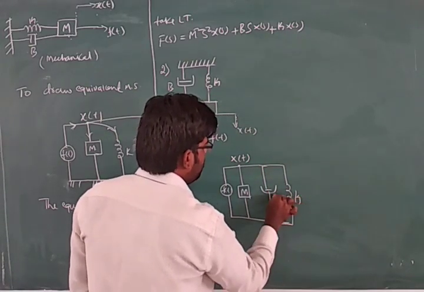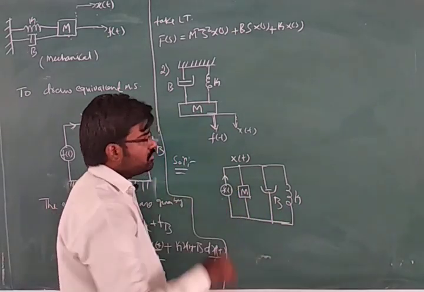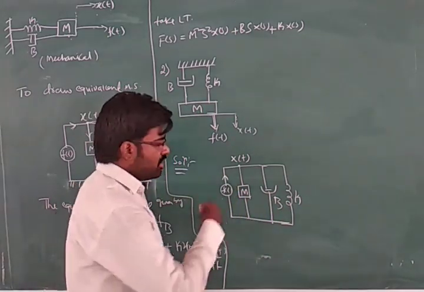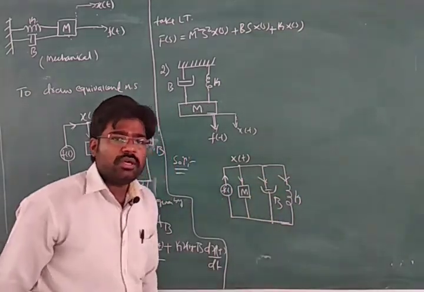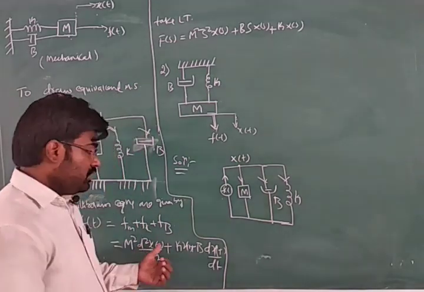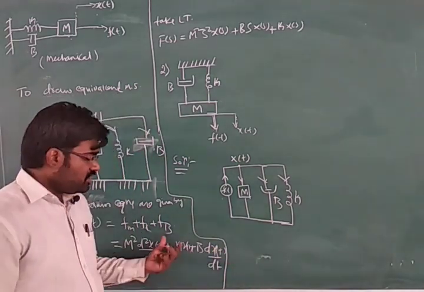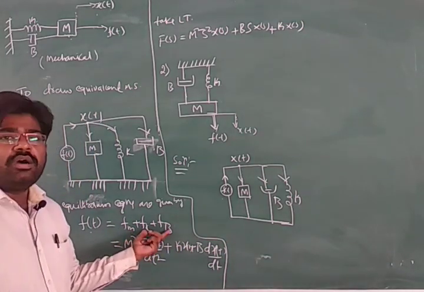So this is K, this is B, this is M, this is F of t, and the F of t direction is, you can select any one direction, and the remaining will be in opposite directions to that, due to Newton's second law of motion. This can also be written using a second method. This is one method: applying force will be equal to opposing force.